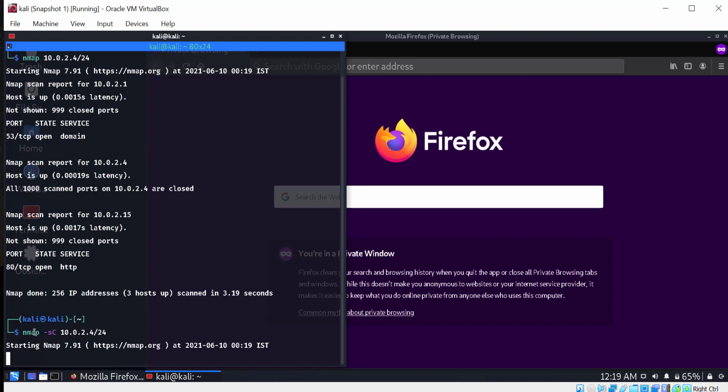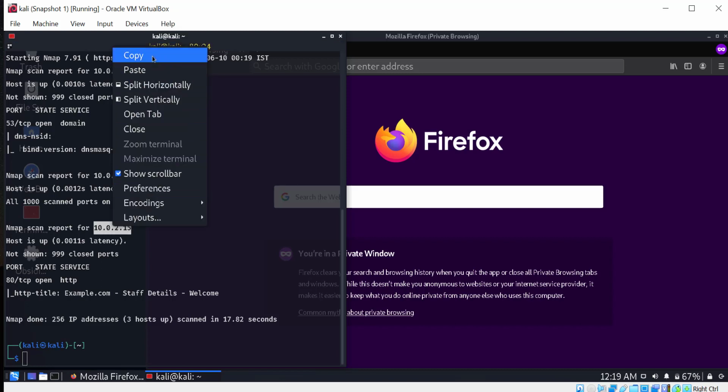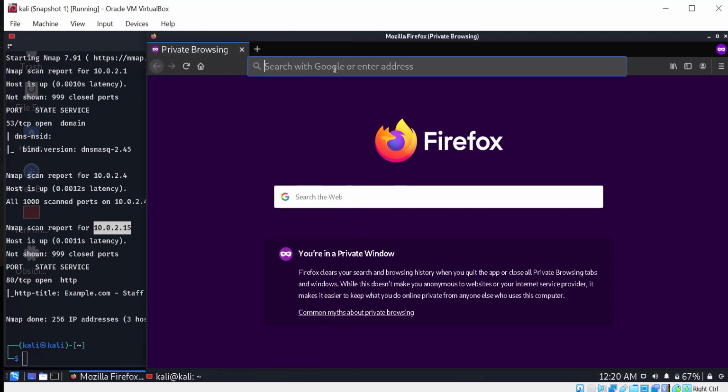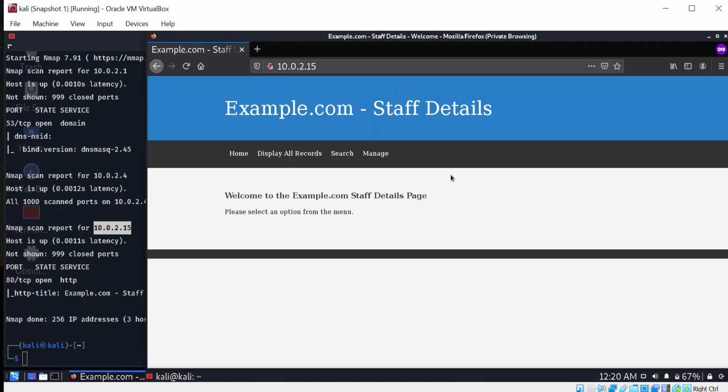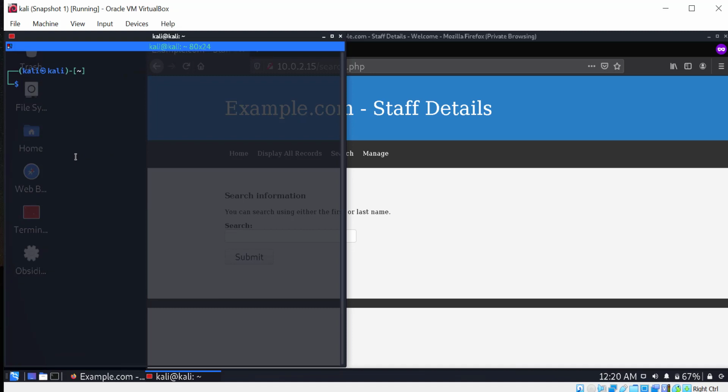Nmap is very good, like a Swiss knife for hackers. It will take a little more time than normal because it will try to give more information back to us. Yeah, we can see immediately some things up here. This looks unusual, so I believe this is the IP for this. Since it has port 80, it is accessible via browsers also, so I'll just type it here. Yeah, so we can confirm that this is our vulnerable box, this is the IP of the vulnerable box.